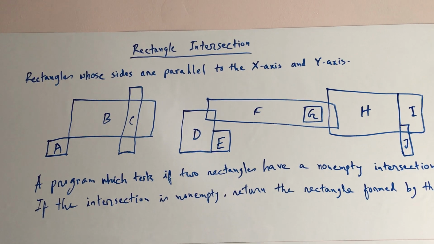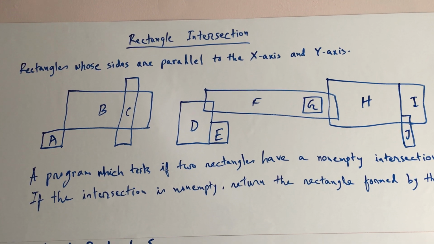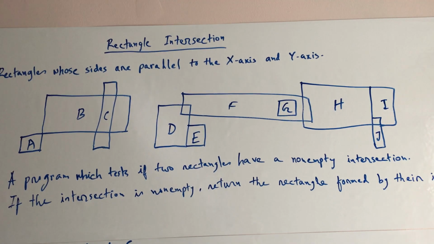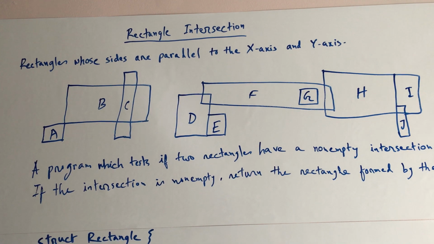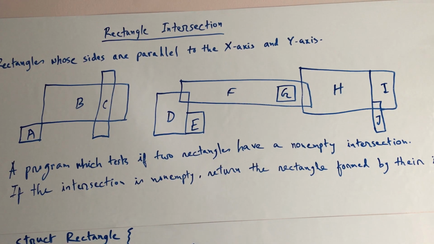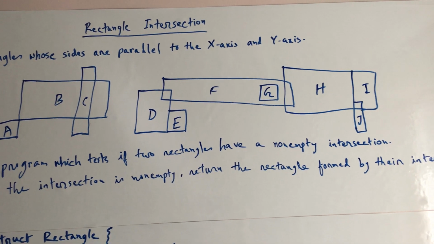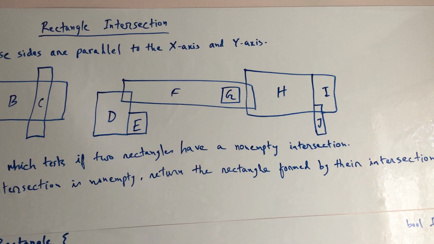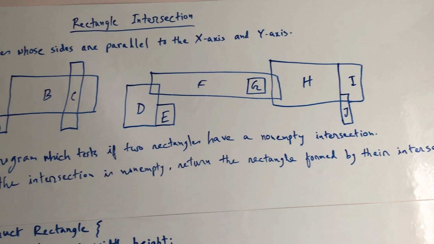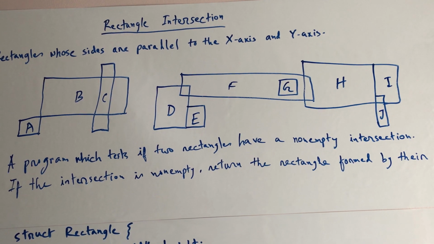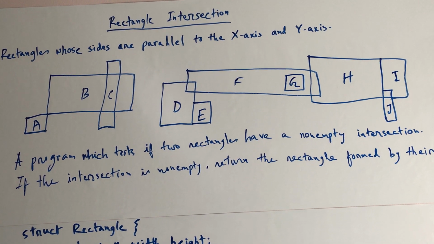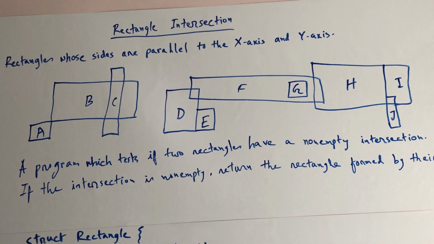Hello, today we will talk about a program which tests if two rectangles have a non-empty intersection. If the intersection is non-empty, then it will return the rectangle formed by the intersection. So we have a set of rectangles, and we want to find if there is a non-empty intersection between any